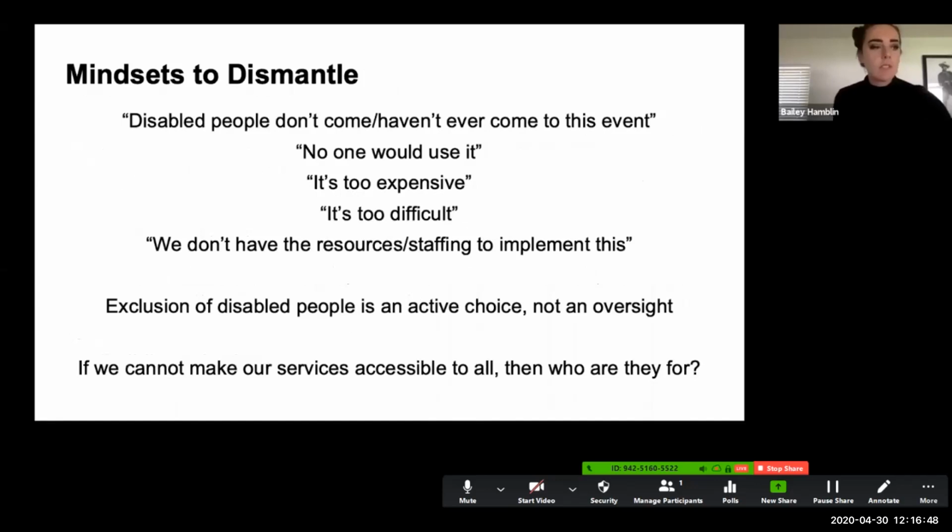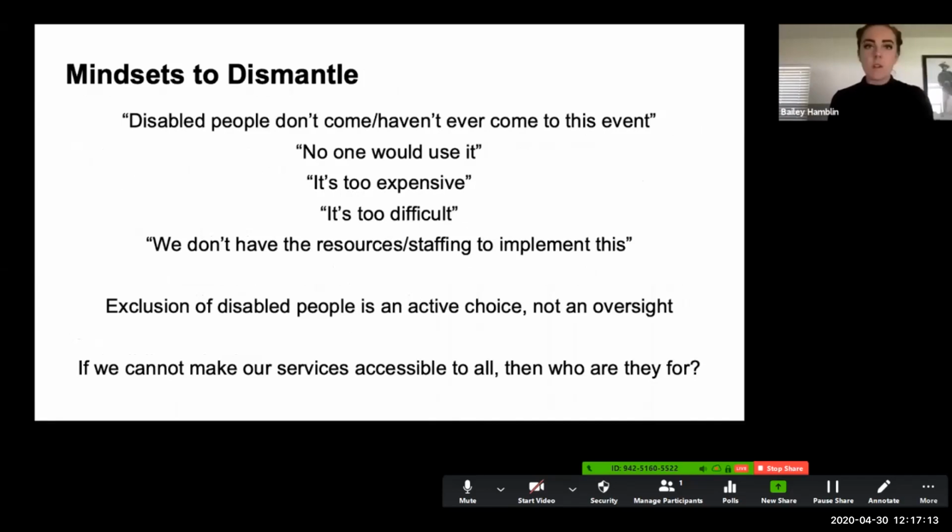Before we dive into some examples of ways that you can make things more accessible, just to leave you with some tangible things, I want to realize some mindsets that we'll want to dismantle. I think a lot of people, when it comes to accessibility, have some pushback to it. A lot of that speaks to the budget stuff. But these are just some things that we've heard as reasons for why people are resistant to making their space